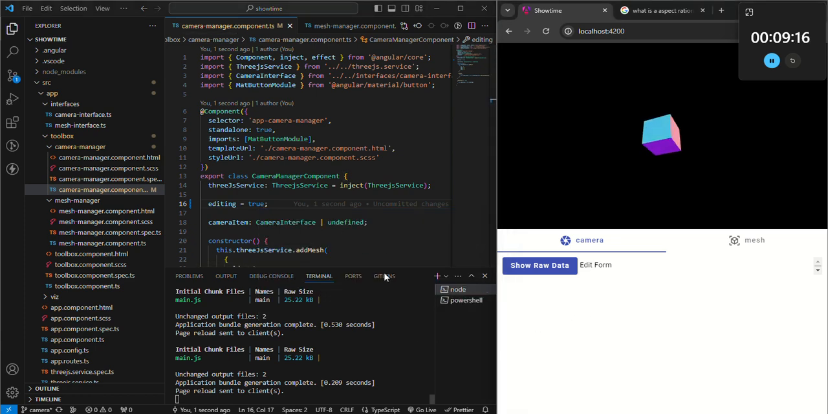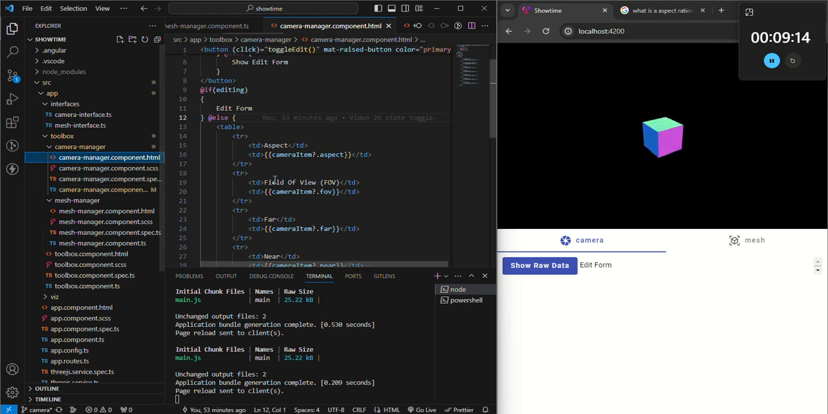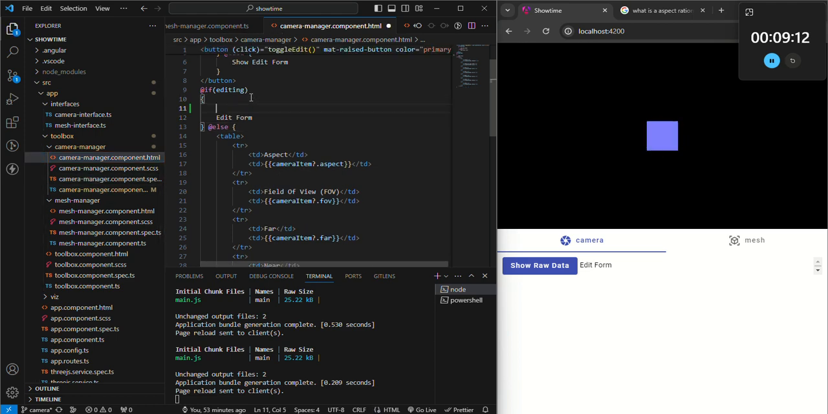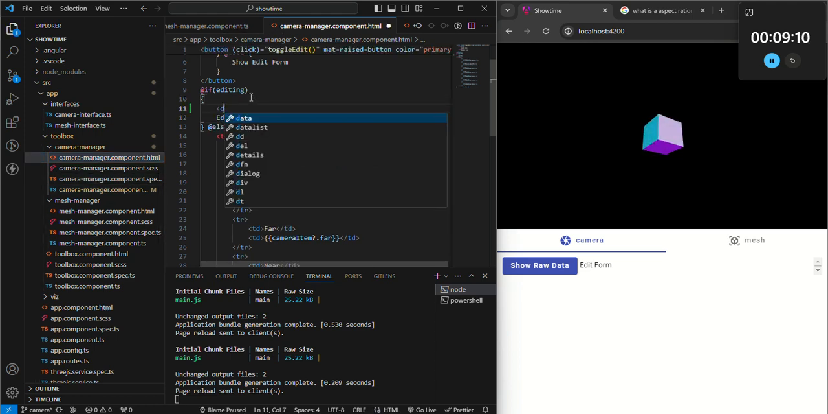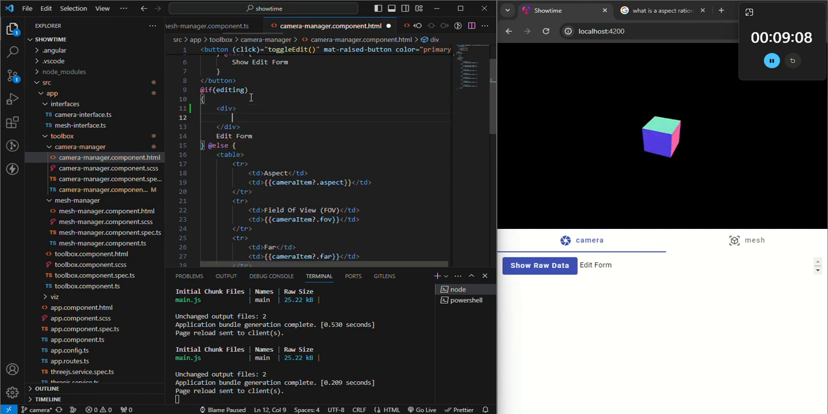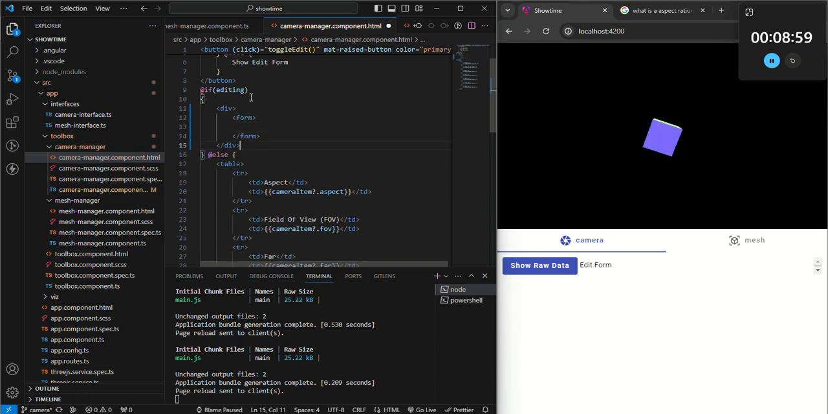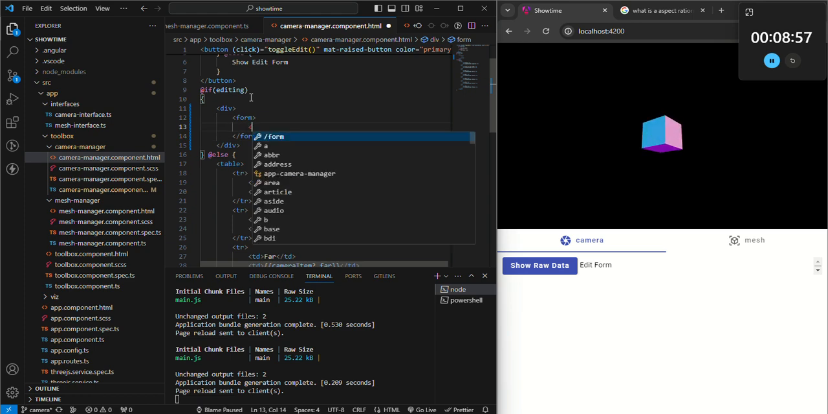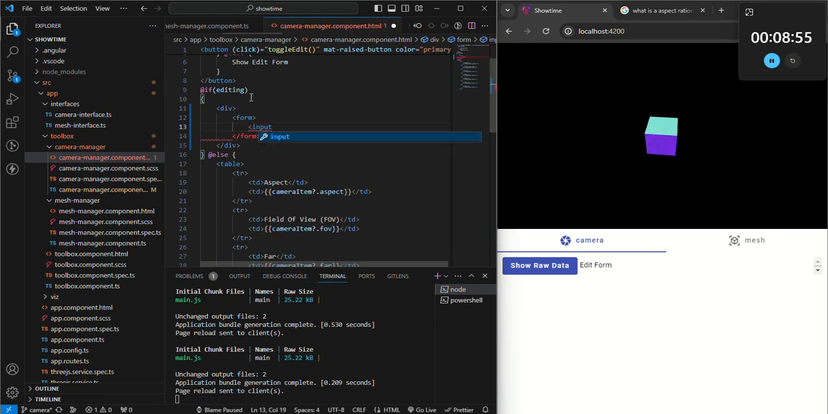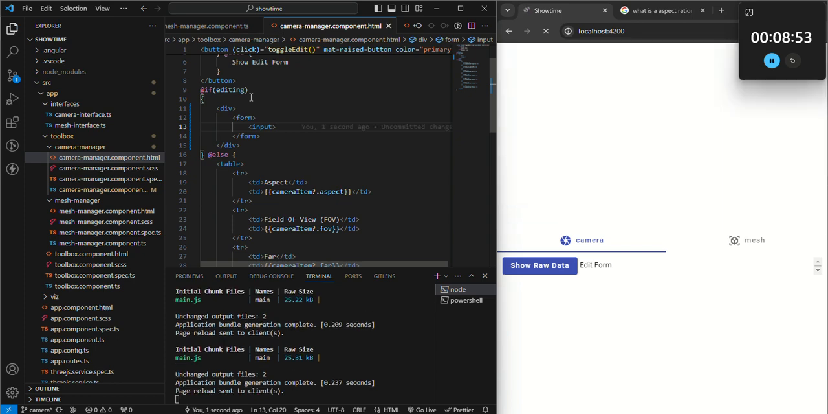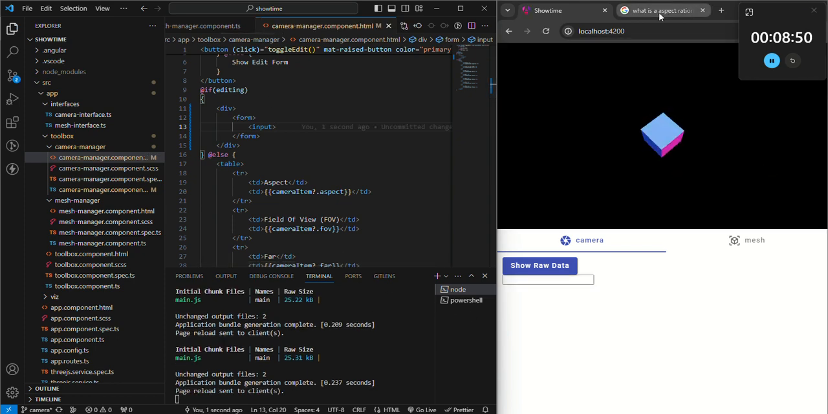And let's get started. Okay, so first thing we're going to do is I'm going to add a div here and add a form. And then I'm going to create an input just to kind of make sure everything's working. All right, that looks good. And now